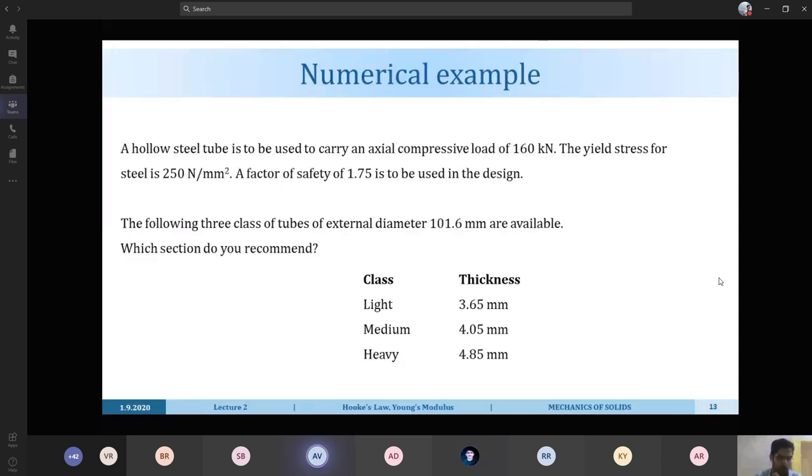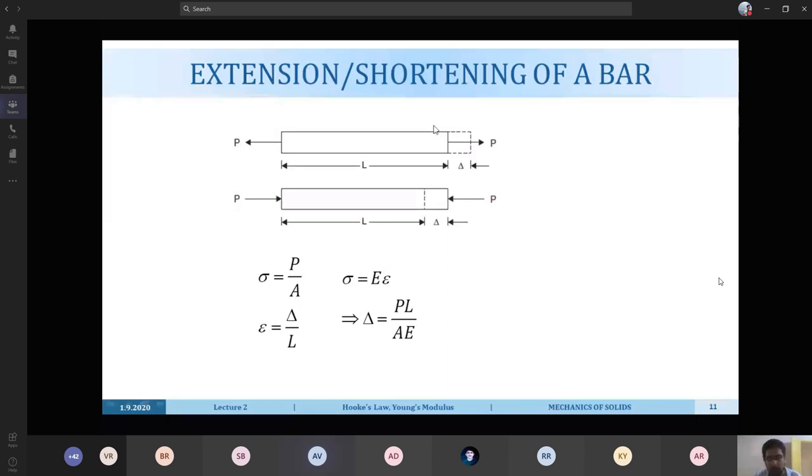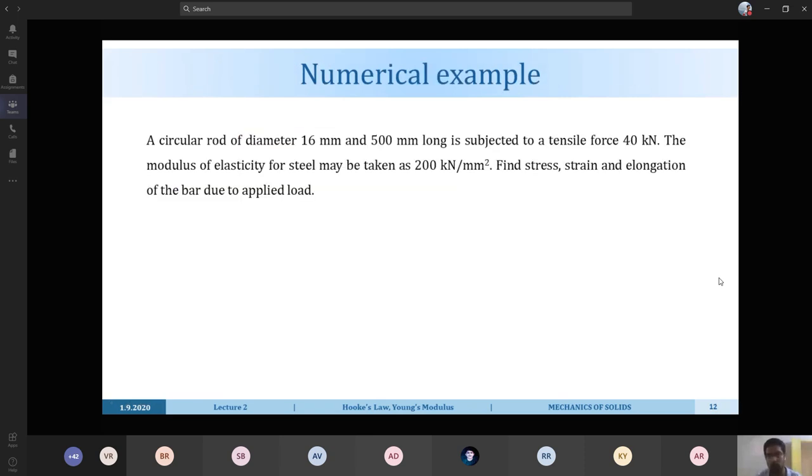Yes, sir. After calculating the ultimate load, I did it in the usual way, the same, like pi d1 square minus d2 square upon 4. That's the usual cross-sectional area. The cross-sectional area is calculated like, if we are applying a tensile or axial load here, then the plane on which this load is acting normal. So that is this type of cross-section. That cross-section we will calculate as pi d square by 4, which is a circle. And since it is a hollow tube, pi d square by 4 minus the internal diameter, pi small d square by 4, like that.